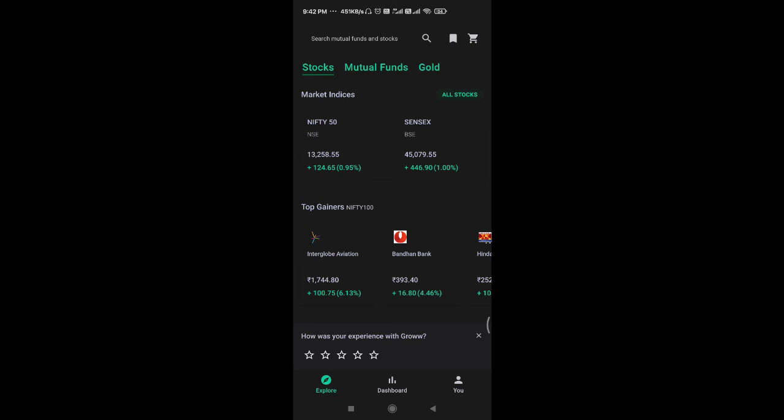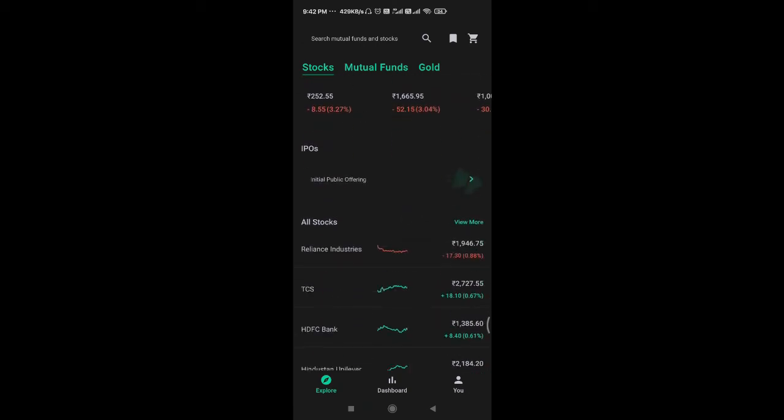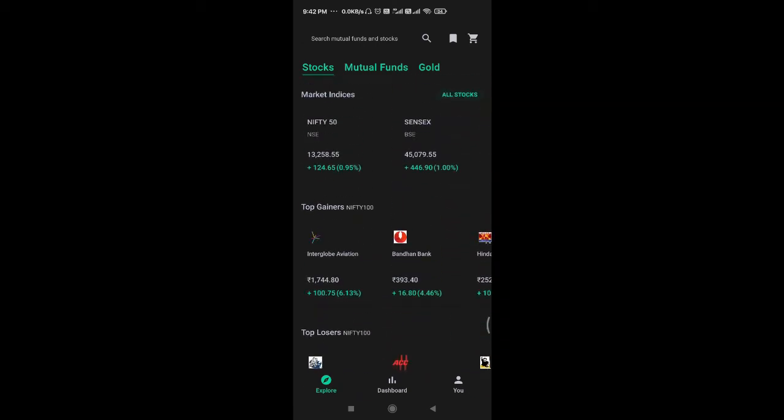But I noticed that the interface is very easy, and most people like this interface because it is very simple and there is no such complication I found. So I hope that you also love it. If you want a good interface, then definitely I will suggest the Groww app. Otherwise you can go with any other app. Some other apps also have a good interface. You just need to go through it. Whichever you like, just open your account. I'm not sure about the other apps because I'm not using them. That's why I'm talking about the Groww app only.